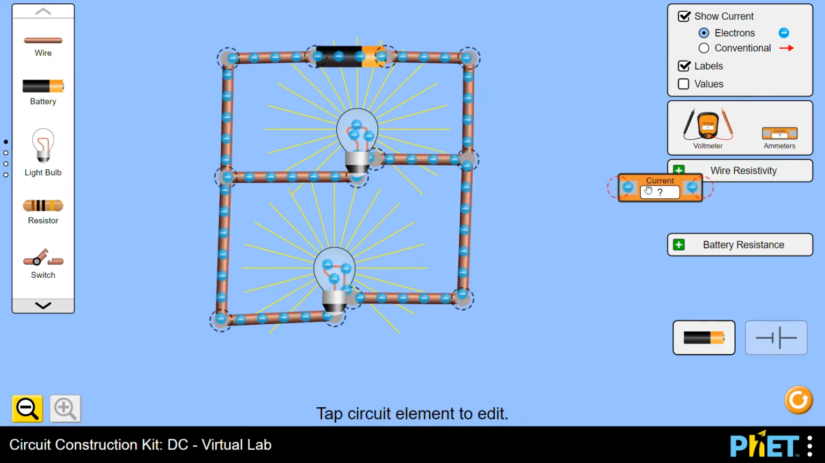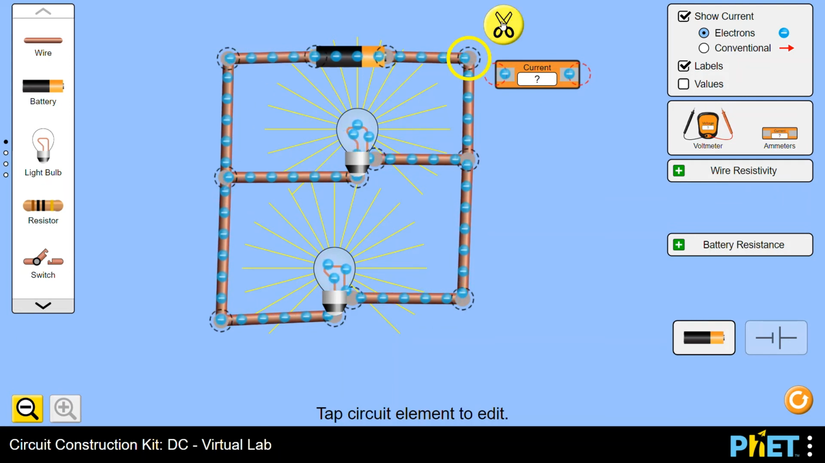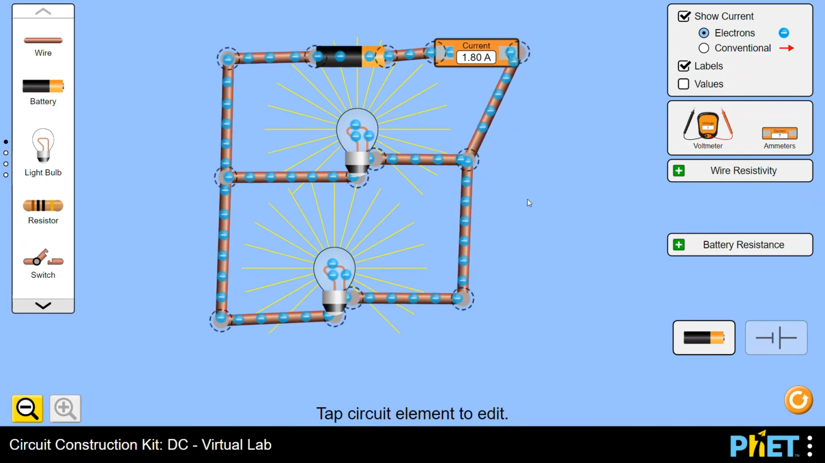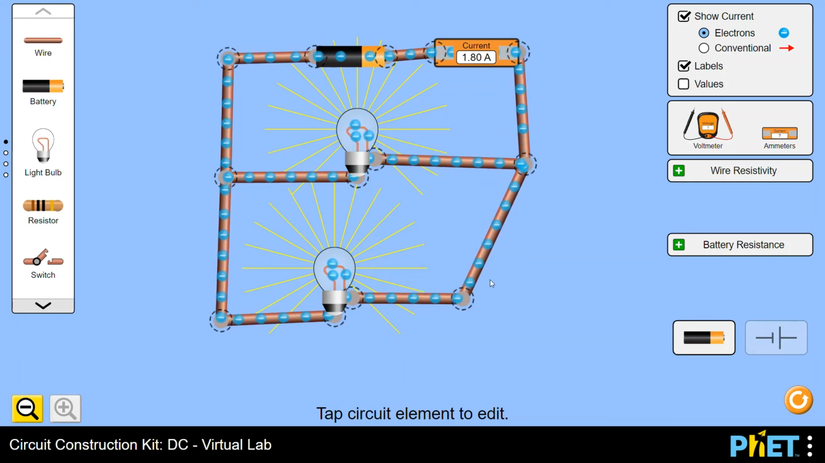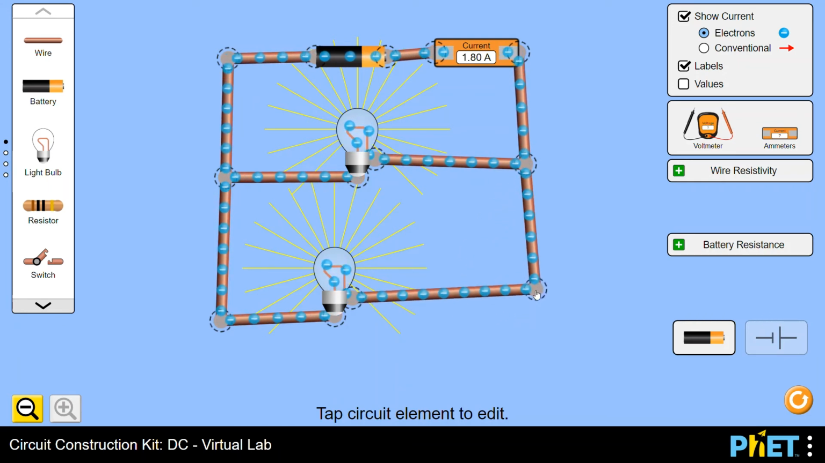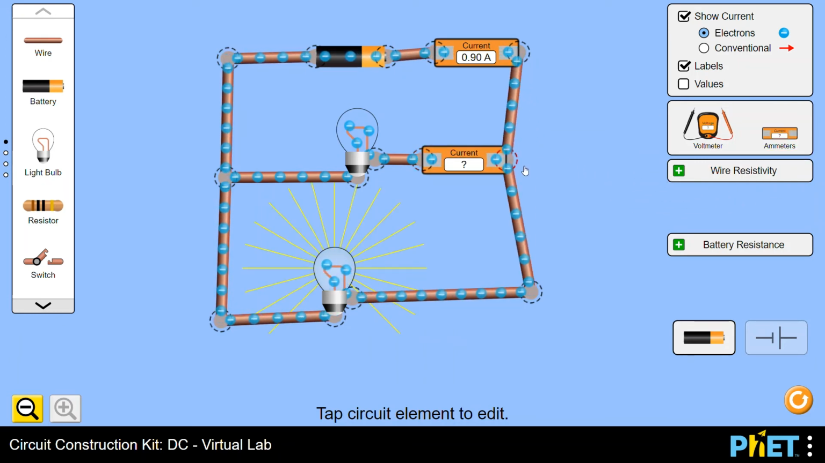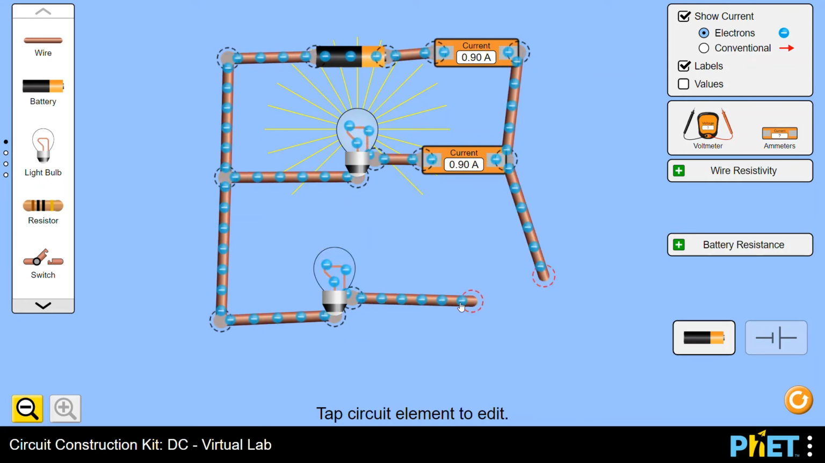Let's now look at the current. So if I break, I can put my ammeter in to my circuit, and you can see this time I've got a higher current. I've got a current of 1.8 amps. Just going to give myself a bit more room to play with. If I break my branch, I can then measure the current across this branch, and you can see this branch is 0.90 amps. Let's try putting another ammeter in on the bottom branch. And this time,